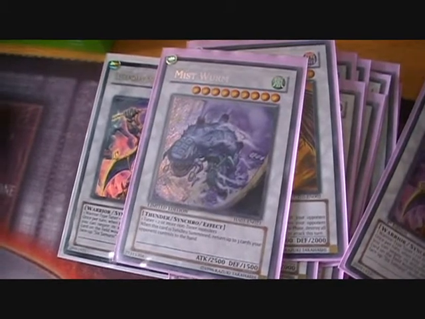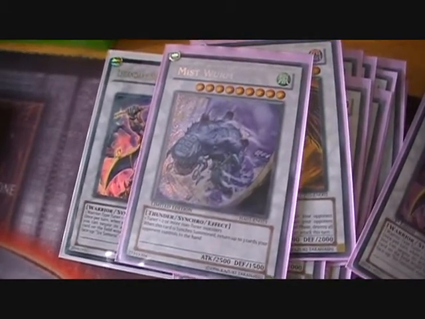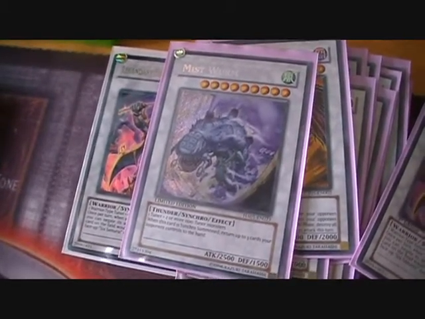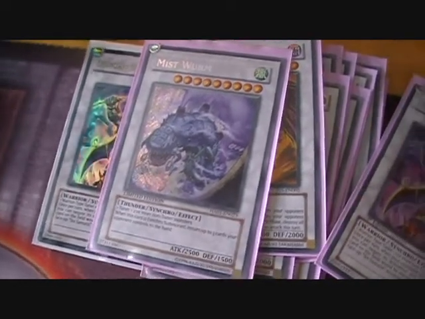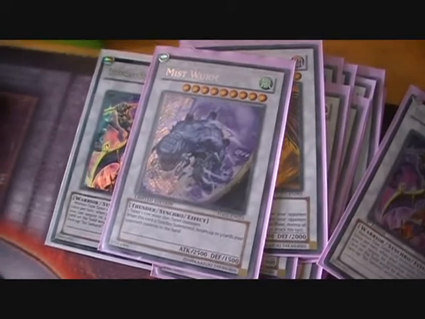Mistworm, I only used him a few times, but he's good. He comes in handy. You never know. Hopeless decks send back their dragons. I don't know. You could do a lot of things with Mistworm. Mistworm has saved me when I used